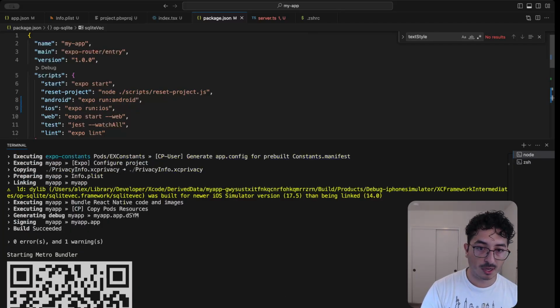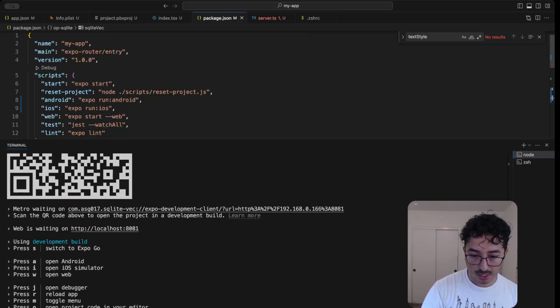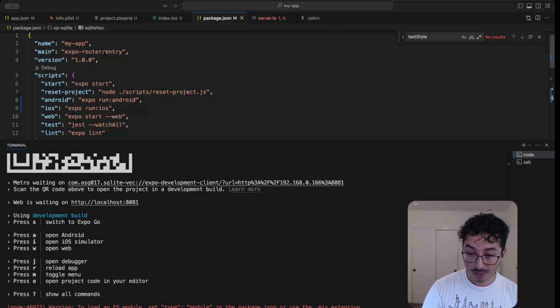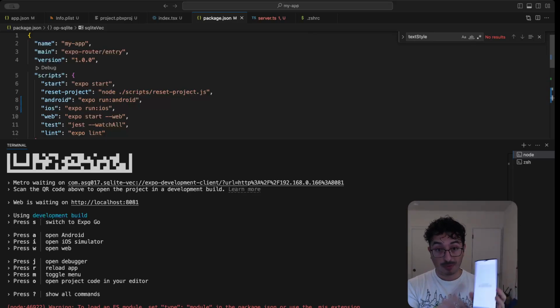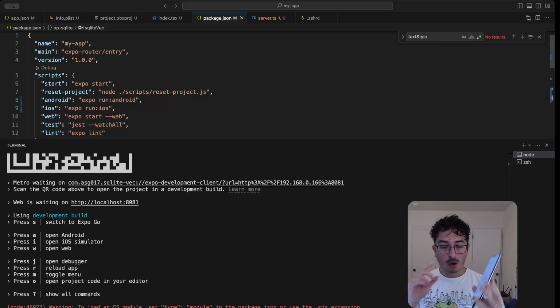These are the logs of running the application and the React Native stuff, running this on the simulator. And what I can do is tell it to open this on my Android device. Let's see if it works. There we go. So now this is my old Android phone, running the